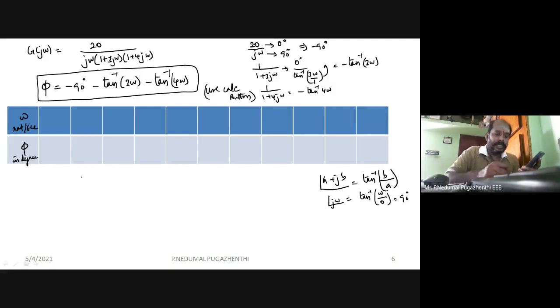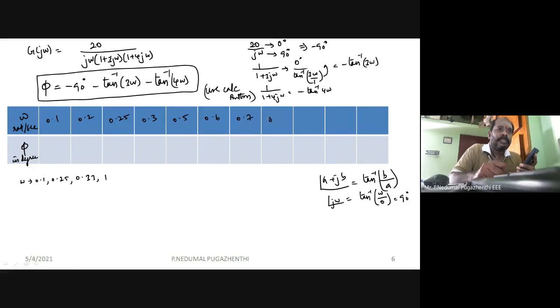It will be asking for A. Now you put different values of A. For example, I will start from 0.1, 0.2. I should remember my omega values. The omega values I have chosen are 0.1, 0.25, 0.33 and 1. So my A values should be around that. So I will go for 0.2, 0.25, 0.3, 0.5, 0.6, maybe 0.7, 0.8, 0.9, 1, 1.2. It goes on like that. I have to choose it around my omega values, so every omega can be substituted.